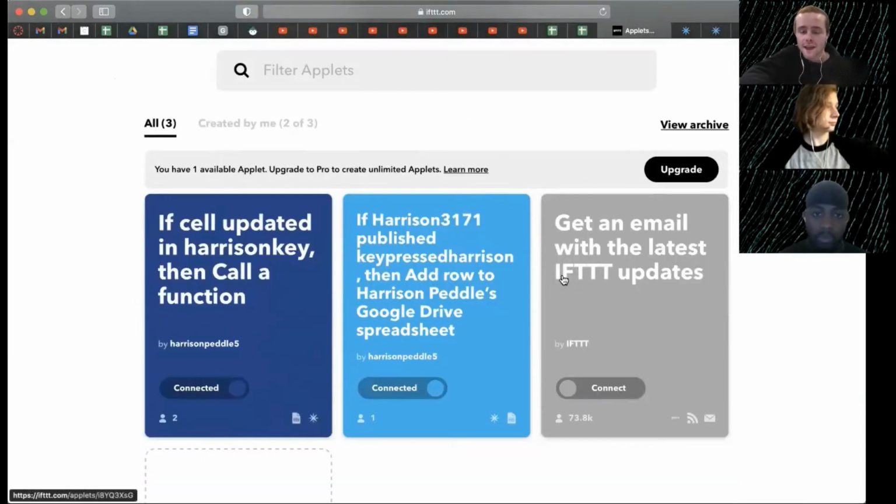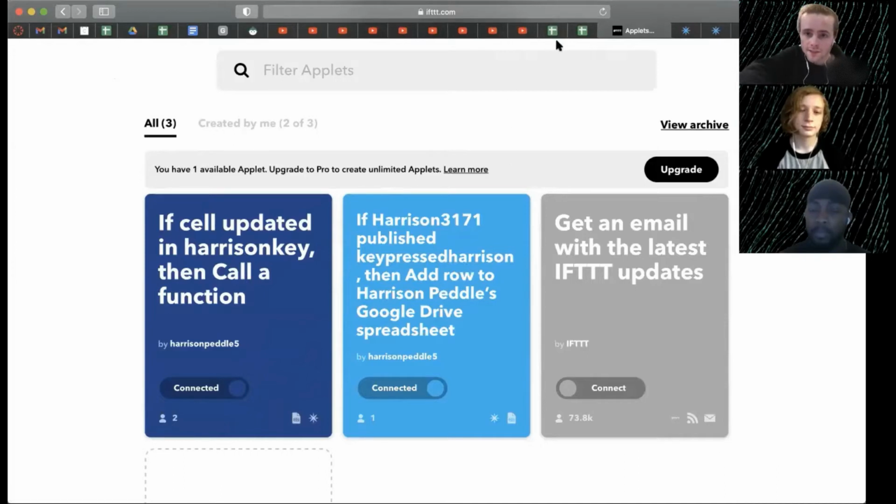In If This Then That, these are both of my applets. Each person in the group has these same applets. In the first one, if cell updated in Harrison key, then call a function. That means it's going to call a function that lights up the LED on our board every time our specific cell in our spreadsheet updates. And the second one is the same one we've used for a while now. Whenever I press a key on my keypad, the spreadsheet updates on a personal spreadsheet for each of our own personal boards, which then puts that into the game